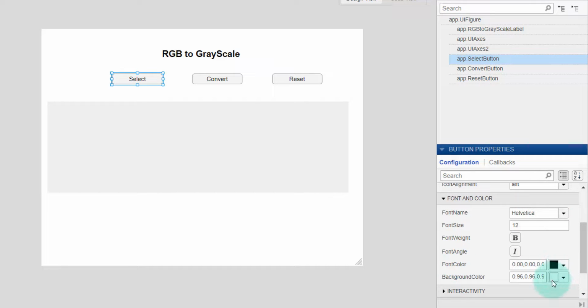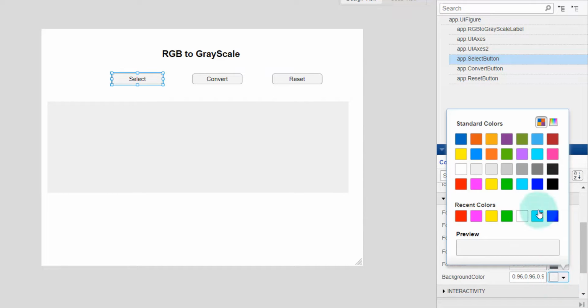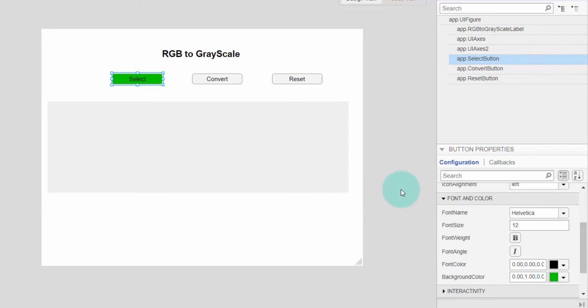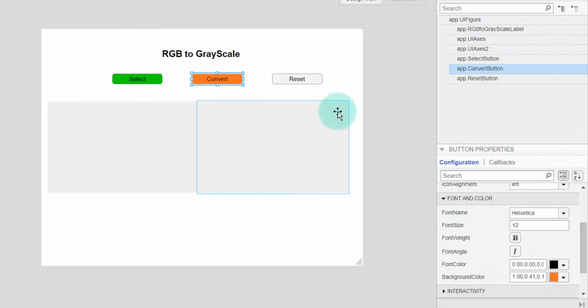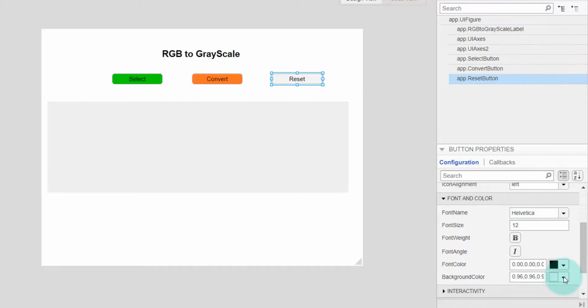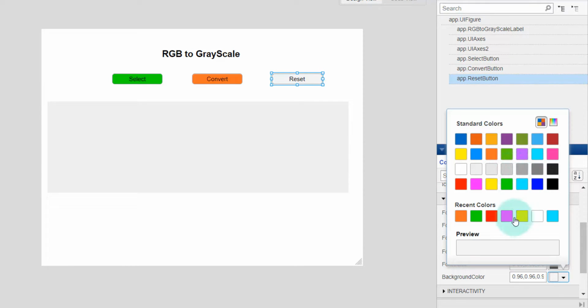For example, this is the font color and this is the background color. If I select this one, I can also change the background of the convert button to another color, right? The same thing can be done for other buttons as well. For example, I am giving this one, okay,